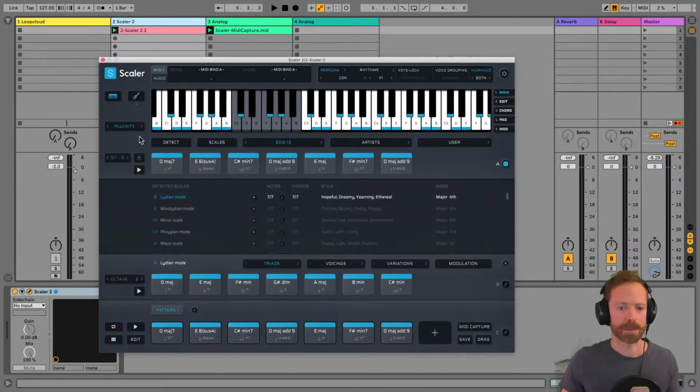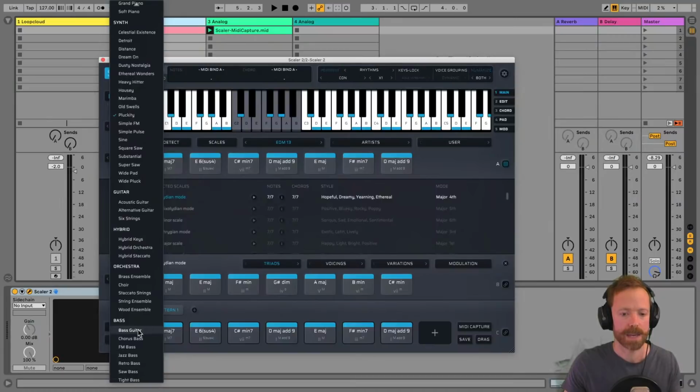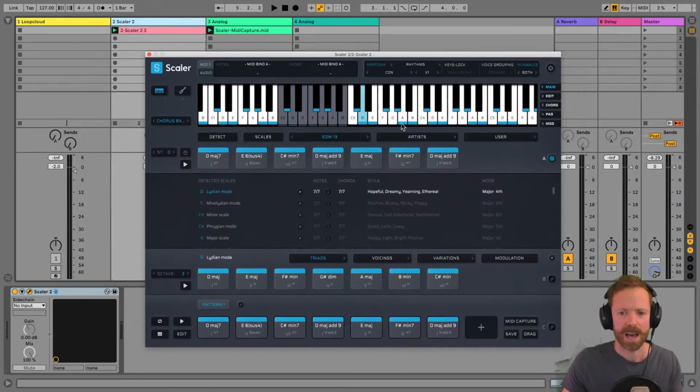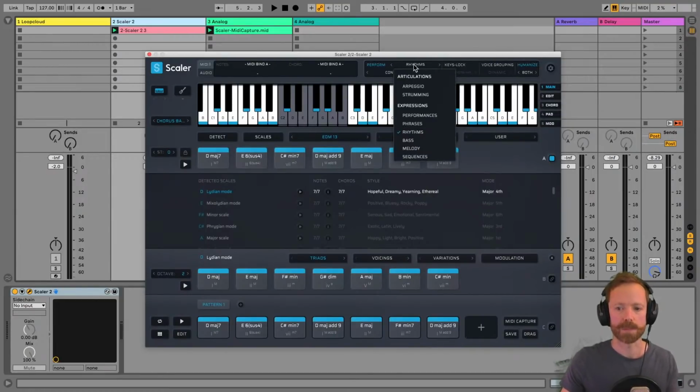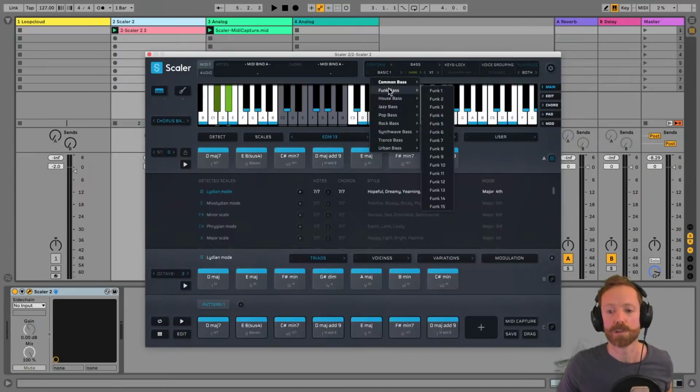So I'm going to select a bass sound down the bottom here. I swear there are more basses now. When I saw the new sounds, I was quite surprised that it didn't mention basses. I swear some of these basses are new, but I must have just missed some of them. So here's a bass now, and we can go straight to perform mode, and we can see we get a new category, which is bass.